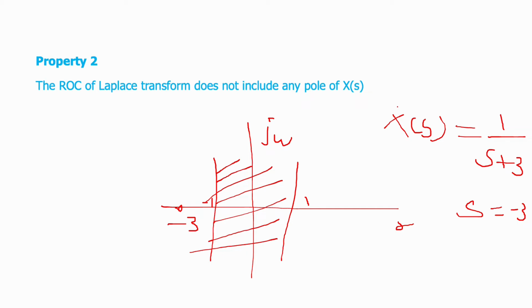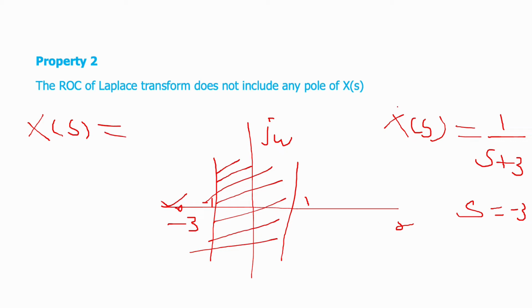If, for example, this is s minus 0.5 and it is located inside the parallel strip, it will give the wrong result. So the region of convergence does not consider any pole. That is the meaning of the property. Whatever the pole, it must lie outside the region of convergence. This is correct. For example, if X(s)